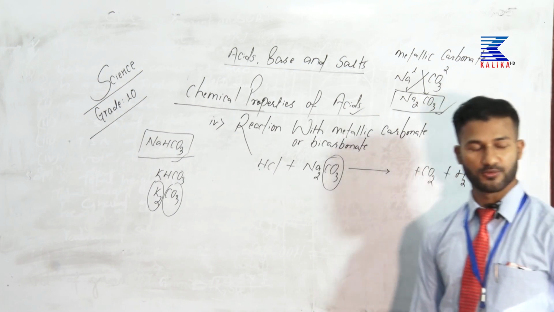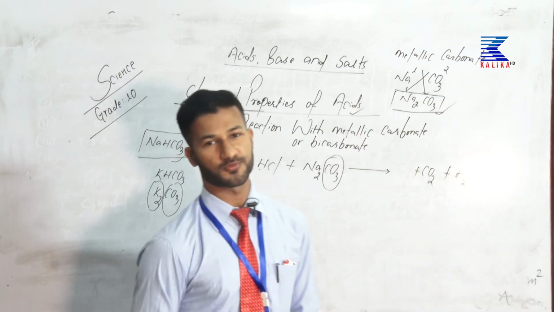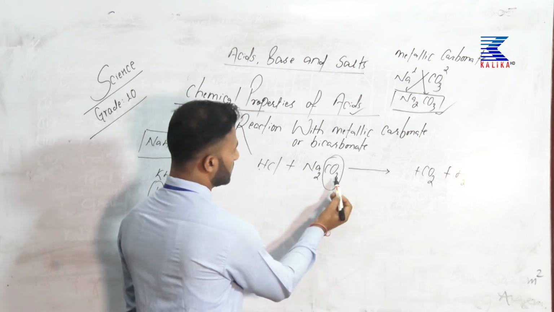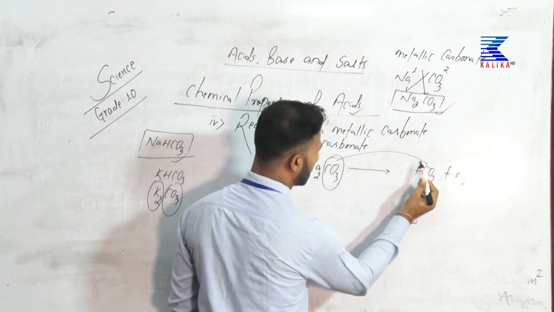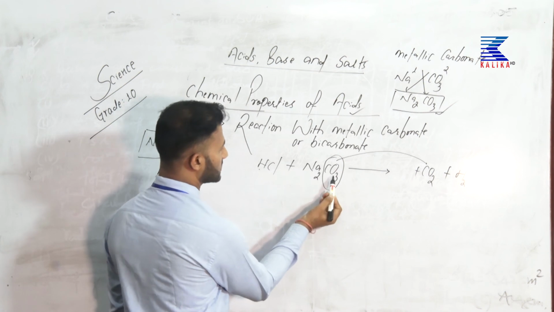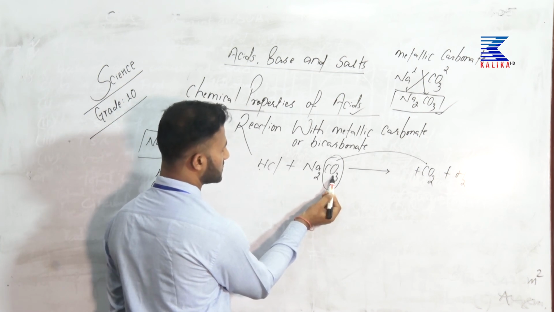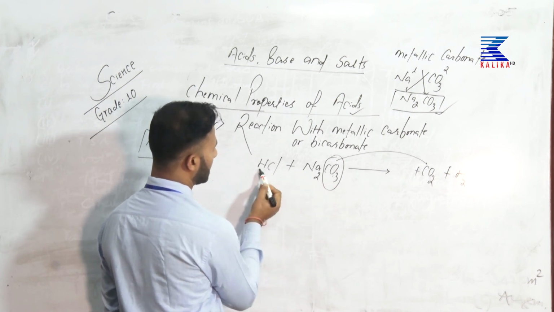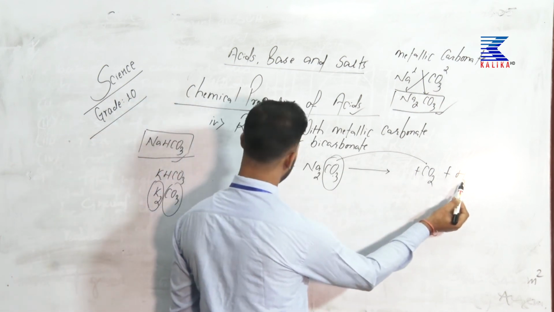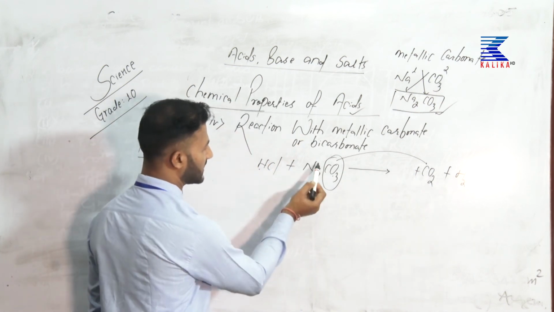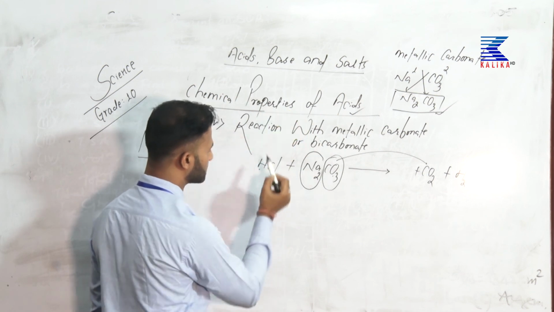Now what is left behind is the salt to be formed. See, this CO3 produces carbon dioxide gas, and the oxygen from here, because one oxygen is left behind, and hydrogen together form water. Then what is left behind? You can guess, sodium is left and